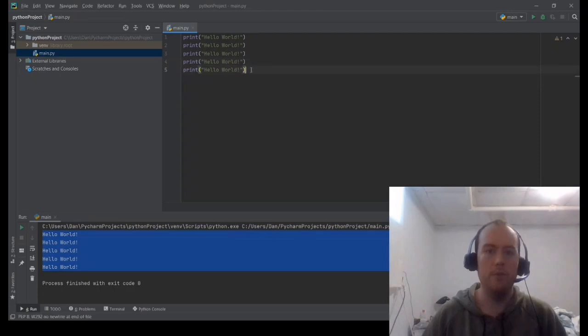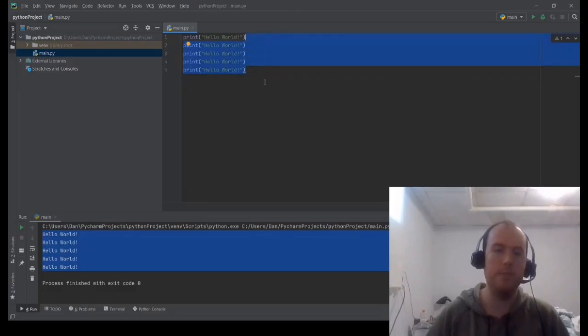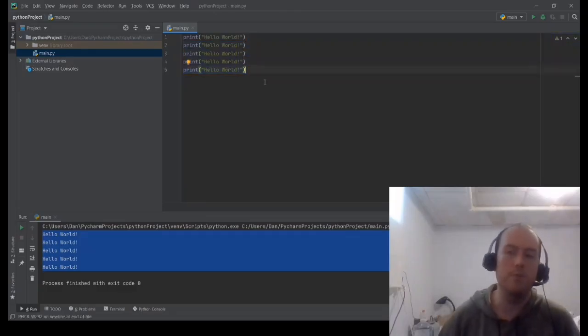So that's how you build your first Python program. This is just a simple set of print statements to print a message. Just one other thing about Python is